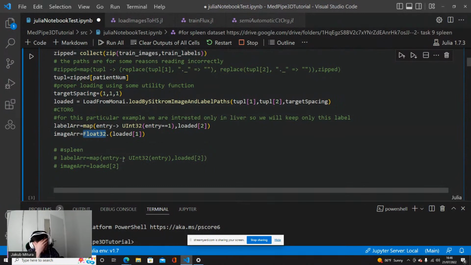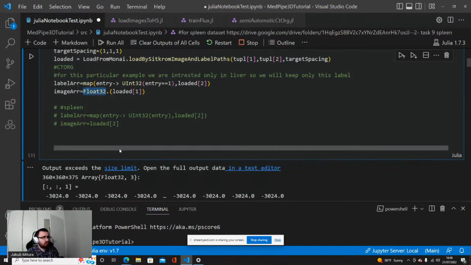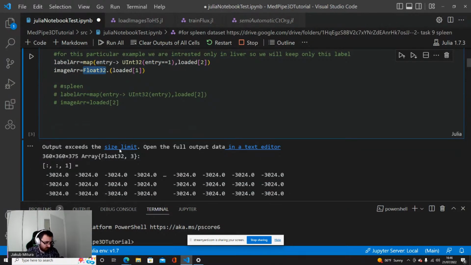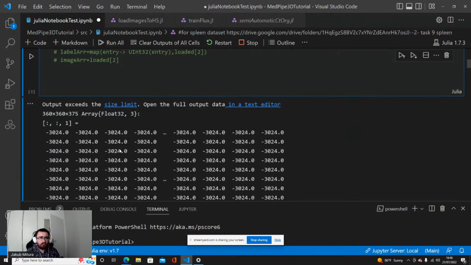What is important, and I'm working to change it, but for now, you should rather work with the 32-bit representation for my viewer. My viewer just understands, for now at least, it may change, the 32 bits. So it may be float 32, int 32, or uint 32, but it needs to be 32 bit. It's related to how the data is passed to the OpenGL.